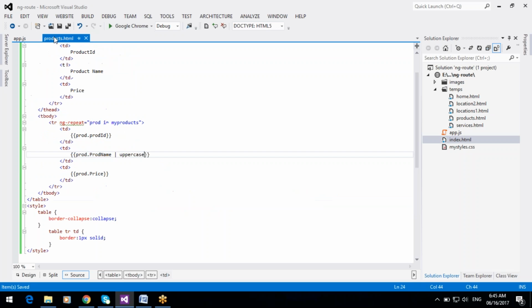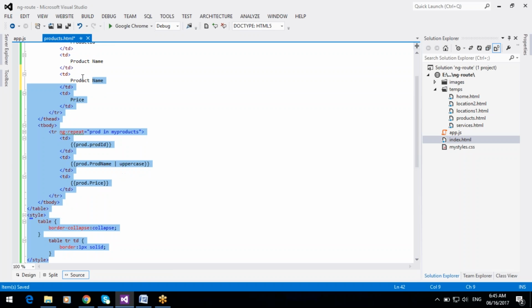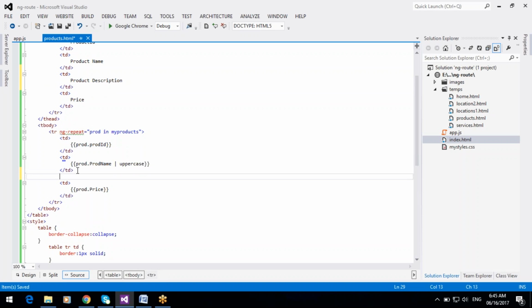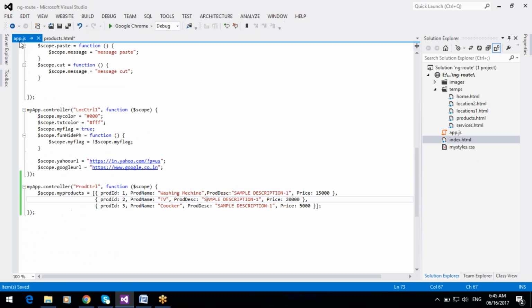And here we can display the product description also.